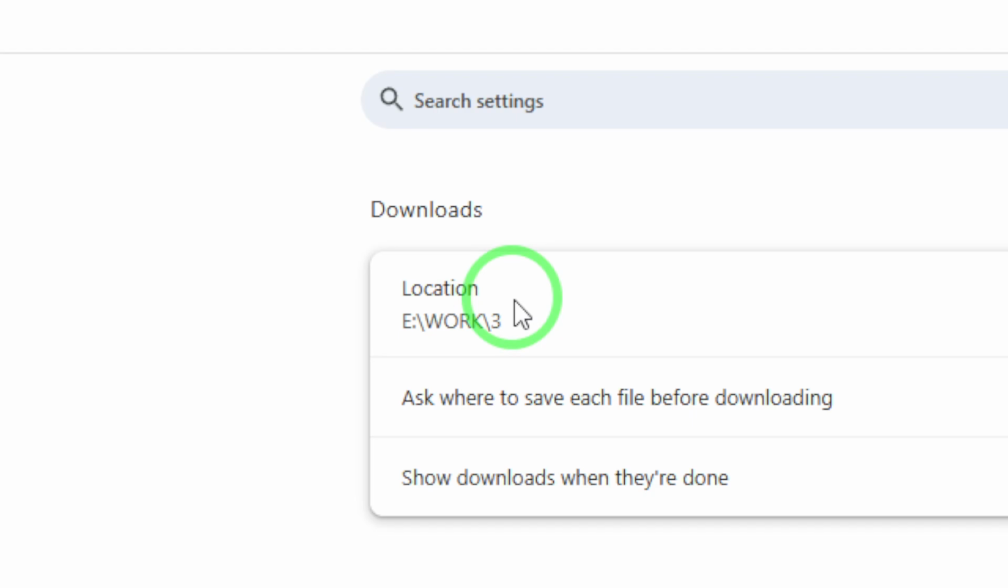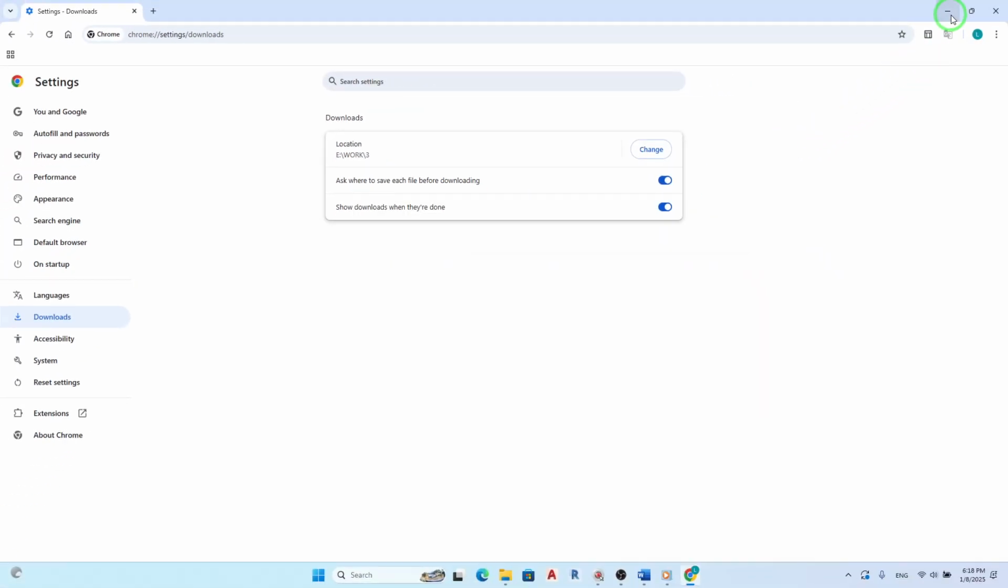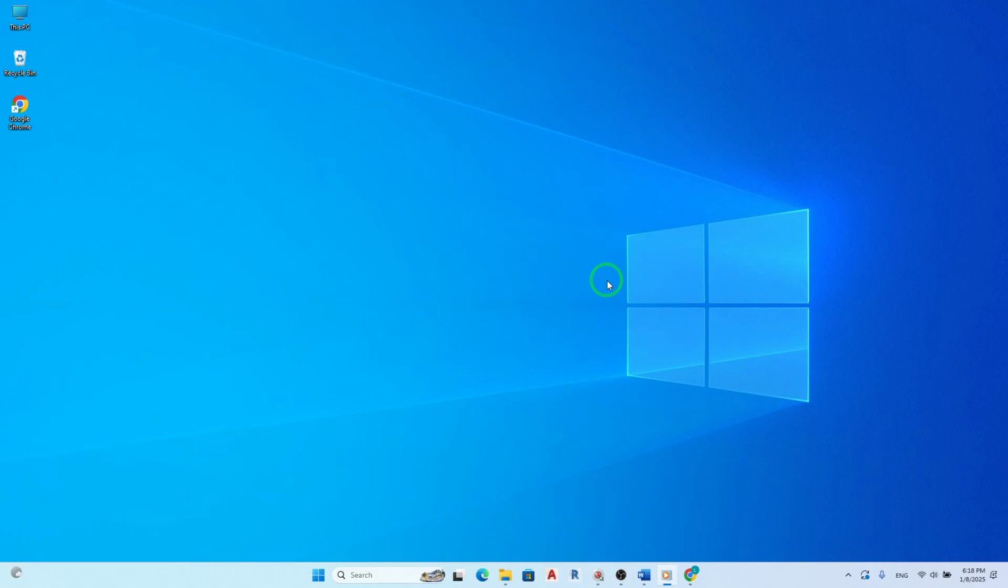And that's it. You've successfully learned how to view and manage your download location in Google Chrome. This feature is incredibly useful as it helps you keep track of your files and ensures that you know exactly